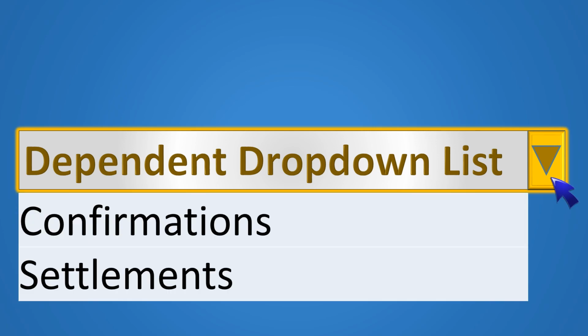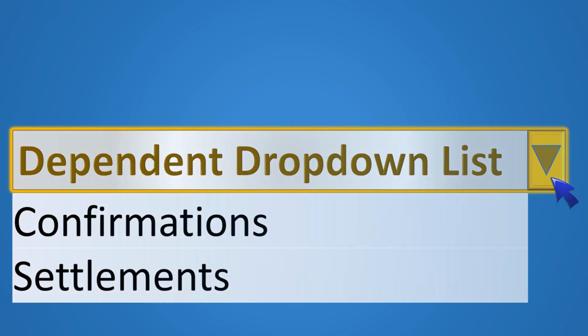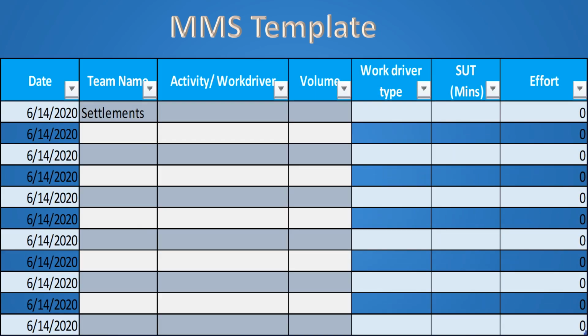So, let us take a scenario where we want to gather data of the volumes and effort utilization of each individual resource in the team for daily activities performed by different back office teams in an investment banking operations process. We want to capture this data for a month. Since this is going to be a daily and repetitive task for the resources, we want to make their job easy by giving a drop-down list to choose from.